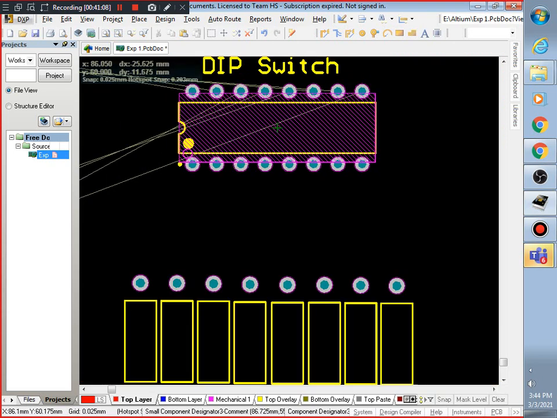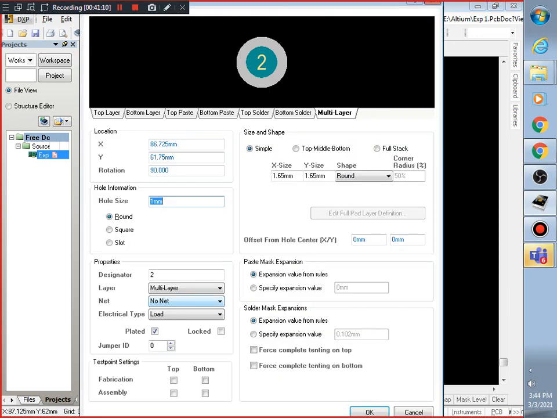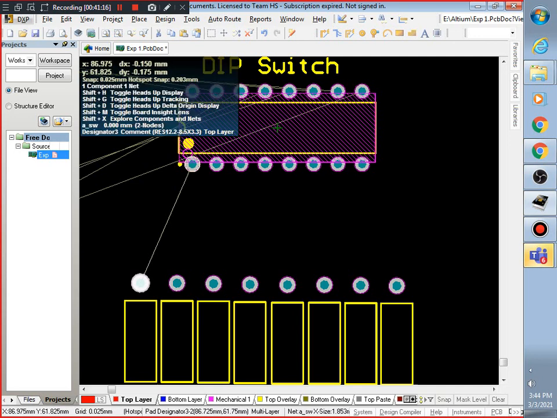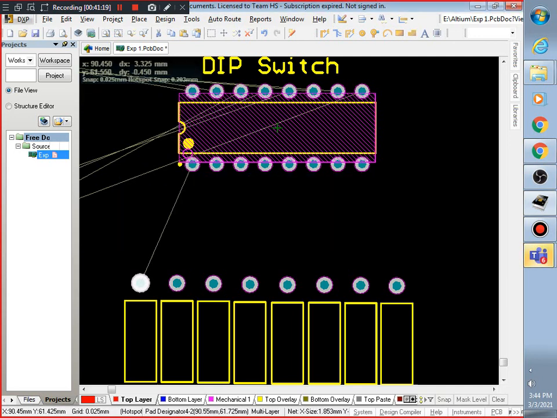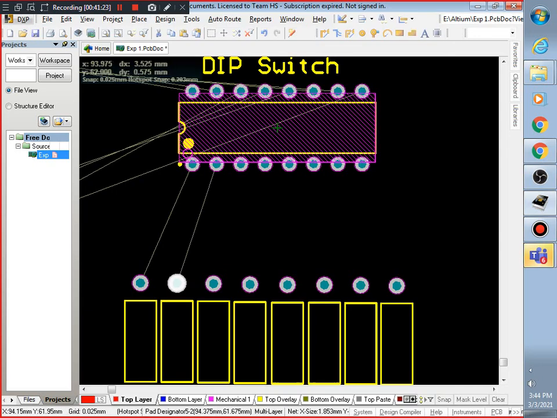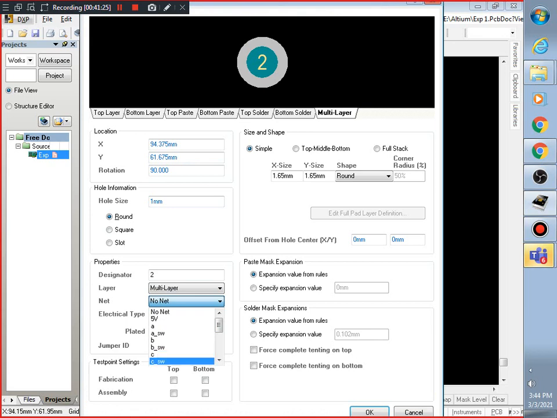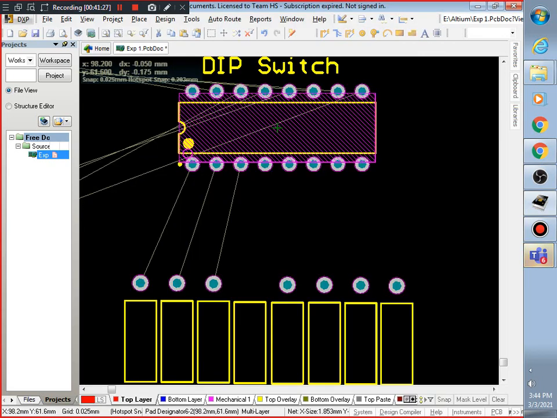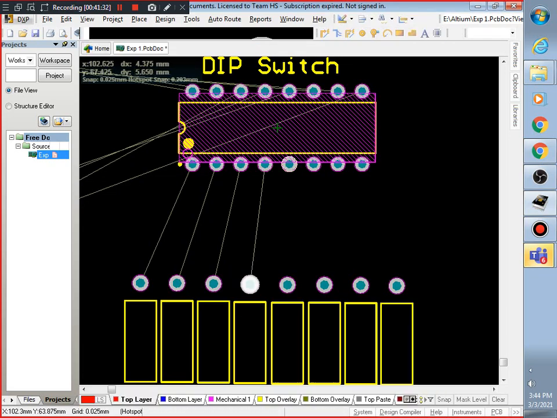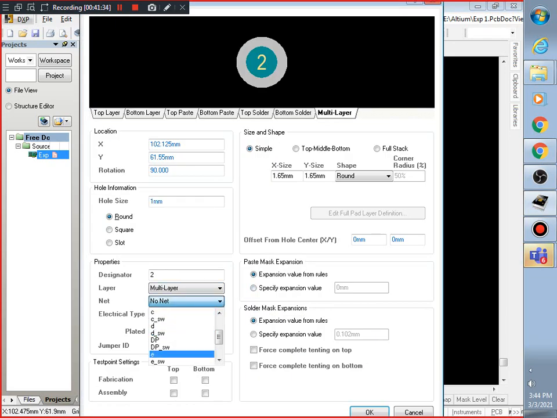Now the other side of this is the resistance. I will double click again on this pad, and here this will be A underscore SW. Now you can see the nomenclature is very easily done over there. Then next one, this is the B underscore SW. Then this is the C underscore SW, this is the D underscore SW, and this next one is E underscore